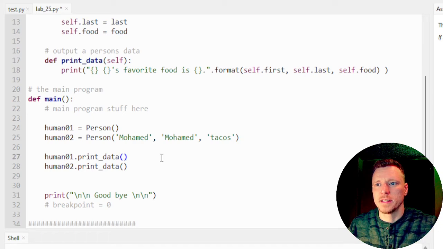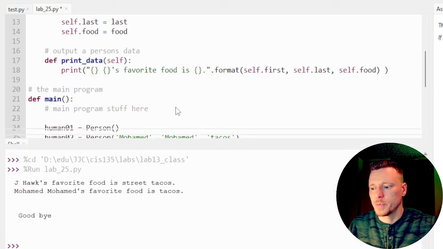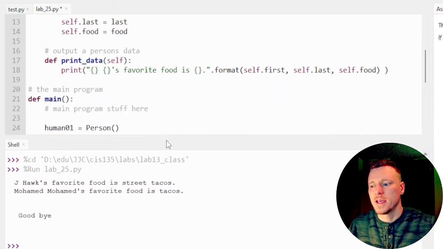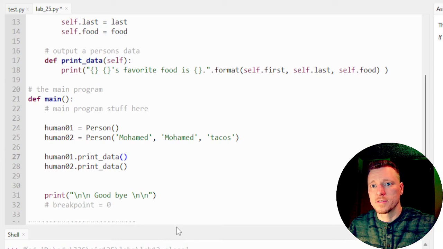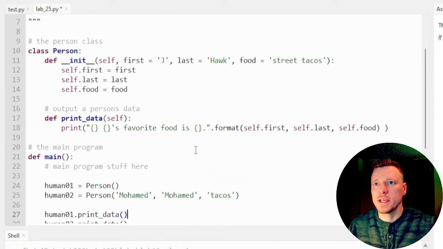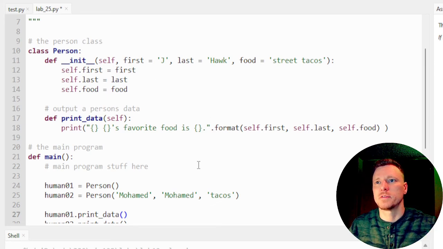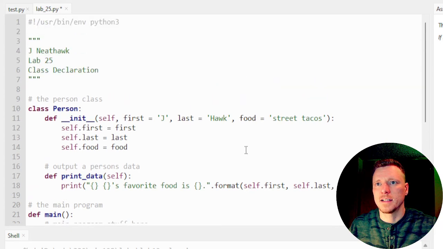And when we call print data, it's going to print, and I have the output here for us. So default person, J Hawk's favorite food is street tacos, and human2, the customized person, Mohammed's favorite food is tacos. And then, of course, my goodbye message at the end. So that's a pretty basic class. Right? I could have gotten really, really basic, but I wanted to give you some more information here. And that's it. That is a class in